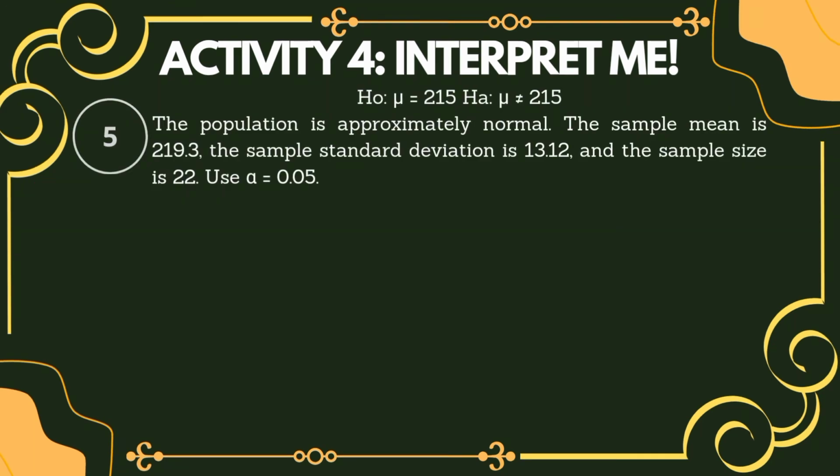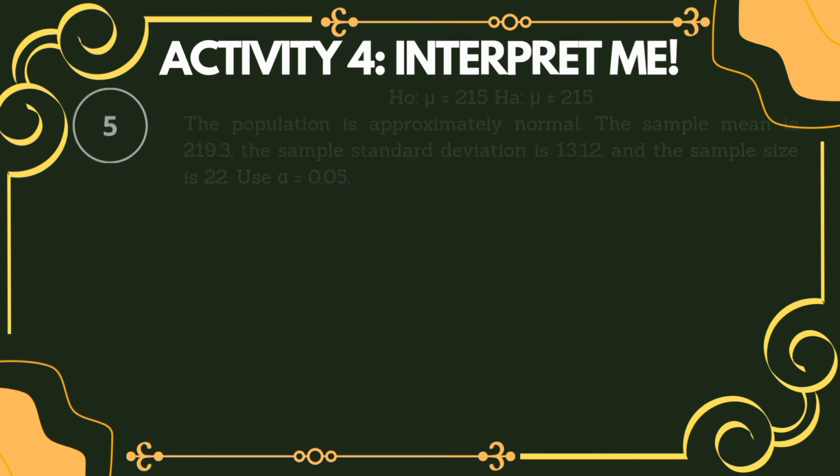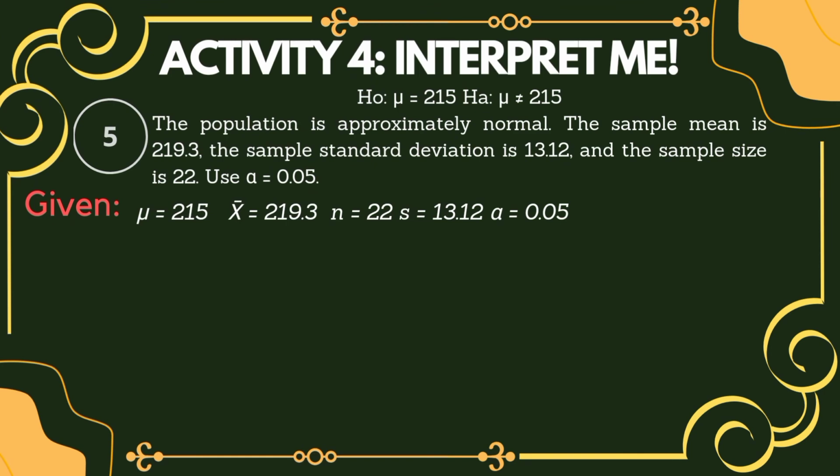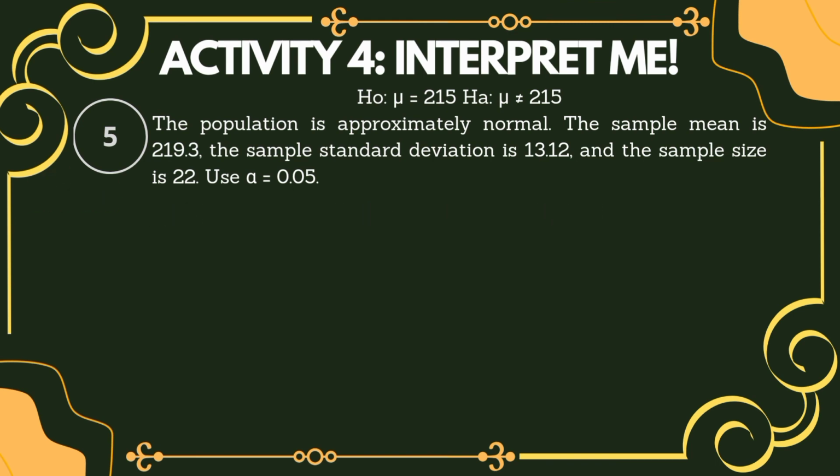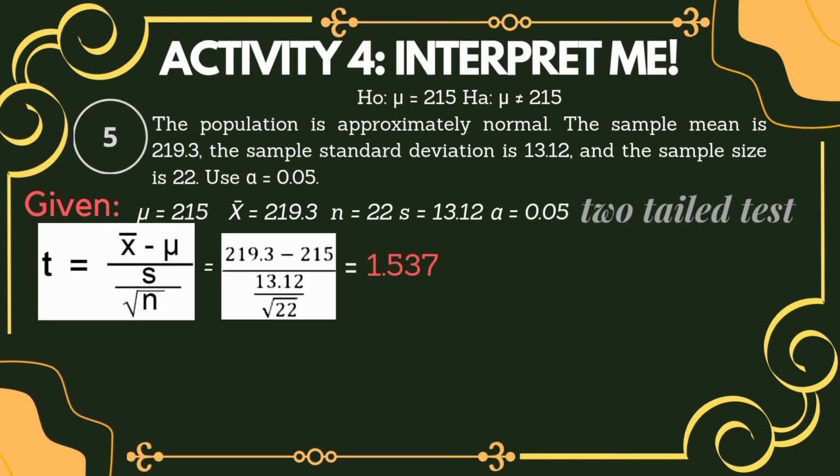For the last item to solve, we have the null hypothesis, which would also be our population mean, which is 215, and the alternative hypothesis is not equal to 215. Again, list down the given. We have the sample mean, which is equal to 219.3, a sample standard deviation 13.12, and a sample size, which is 21. Since the sample size is small and the population standard deviation is unknown, we are to use this formula in getting the t value. Again, substitute all the given and using the calculator, we will get